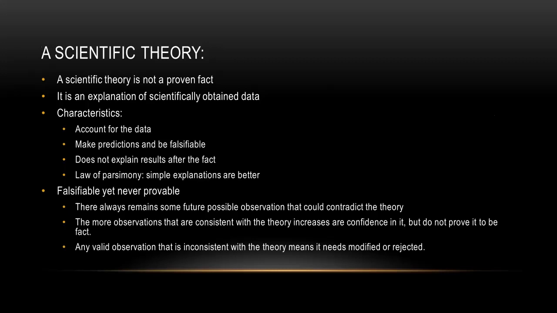Now that we have a theory, though, we still need to make sure that we can distinguish it as a scientific theory from just any ordinary speculation about human behavior, because that's what people do all the time, right? We're all to some extent naive psychologists because we like to just speculate about behavior, right? That is, we observe other people all the time. We observe our friends and family members, and we speculate about why they do what they do. So those are theories of other people, but that's not scientific psychology, right?